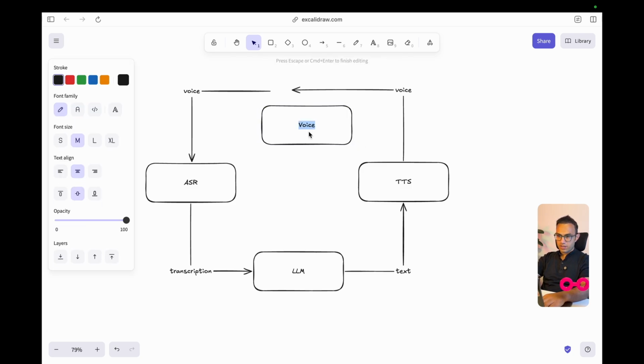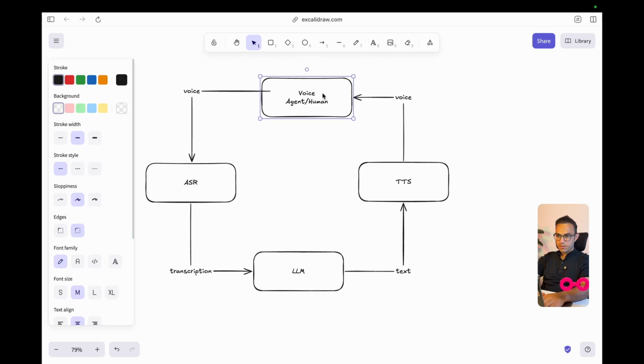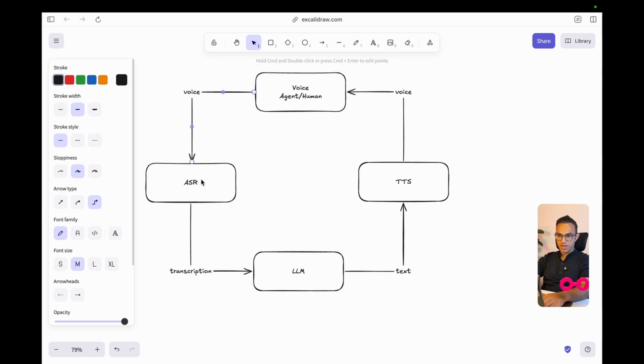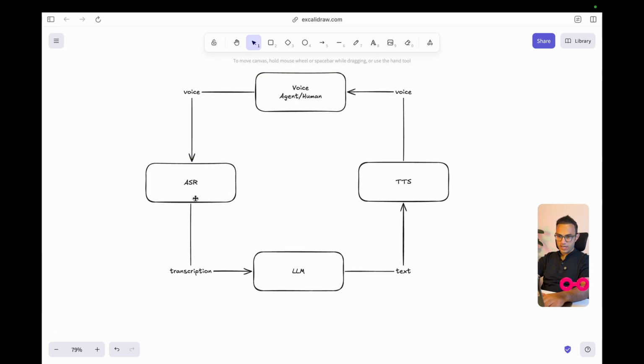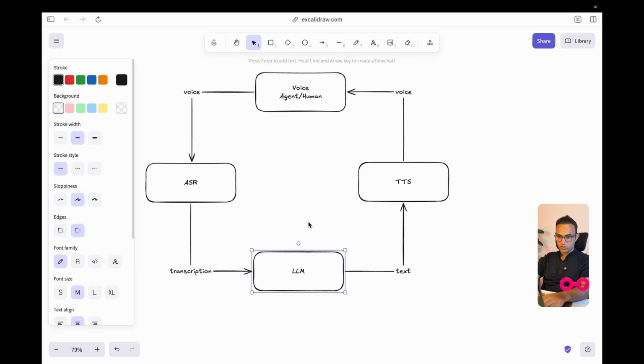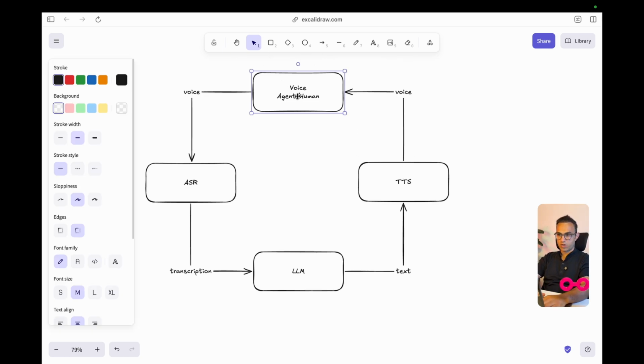So the voice can be another agent or a human talking, and this voice is sent to an ASR. That ASR converts it to text, a transcript, which is given to an LLM. Then the LLM takes that text, gives it to a TTS, a text-to-speech, and the text-to-speech converts the text into voice, and then it goes back to that human or agent.